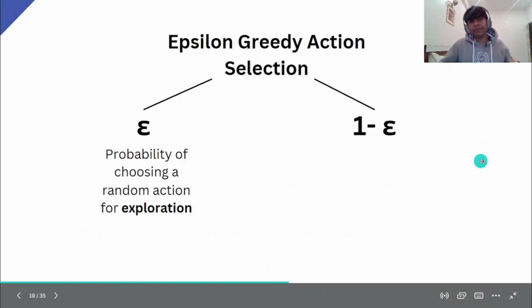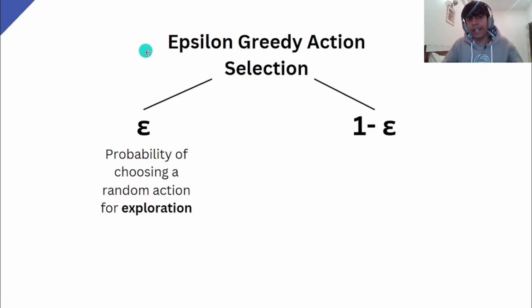How do we do that? We do this by the epsilon greedy action selection method. This is one of the many methods we use to counter this problem, and we'll study more methods further on. So what we do is